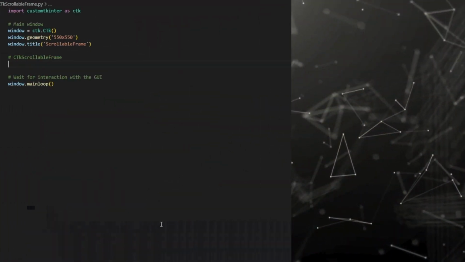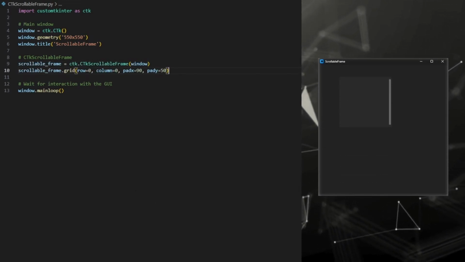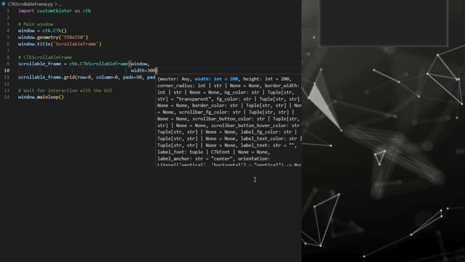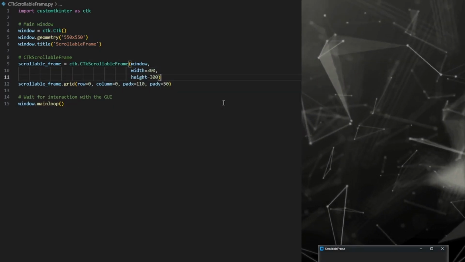ScrollableFrame. The CTk ScrollableFrame class allows you to create a frame that contains a scroll bar. Let's take a look at the customizable properties of this widget. If you want to change the width of the scrollable frame, you can use the width parameter. In the same way, the height can be changed with the